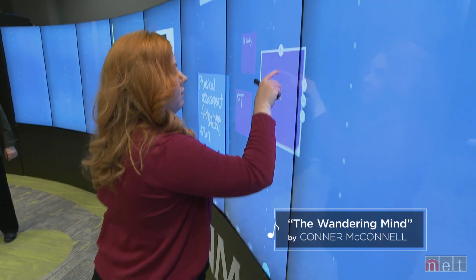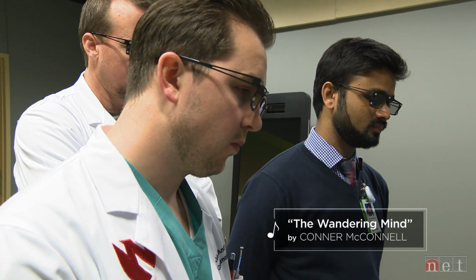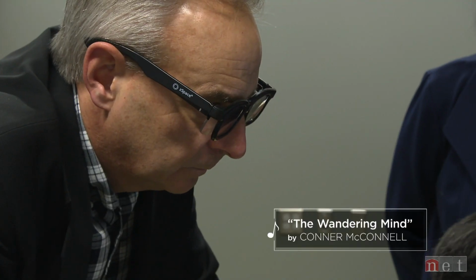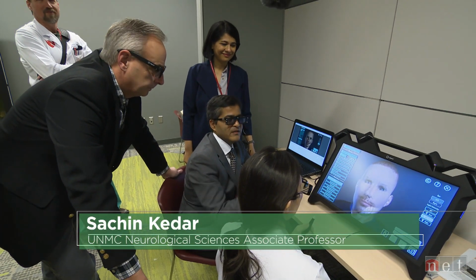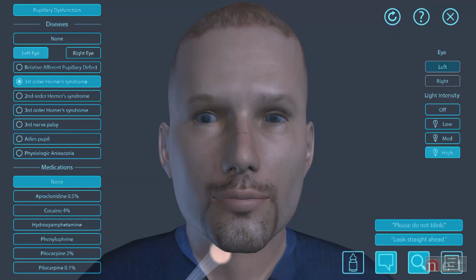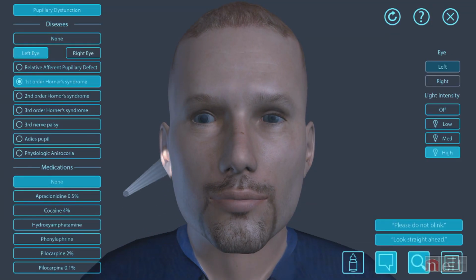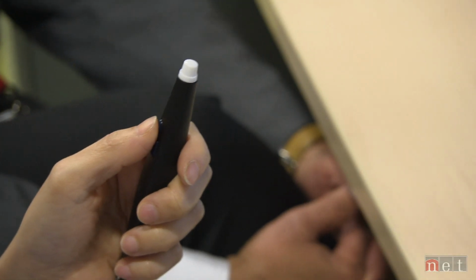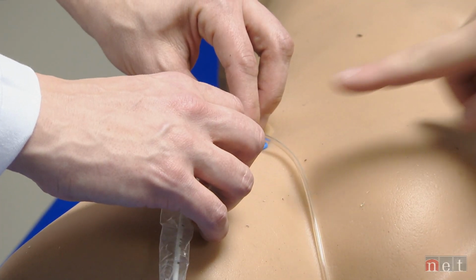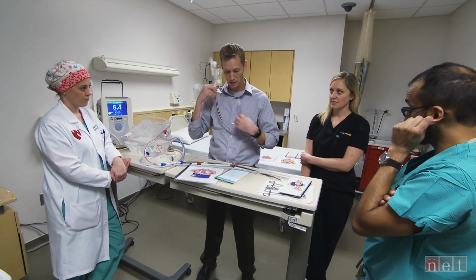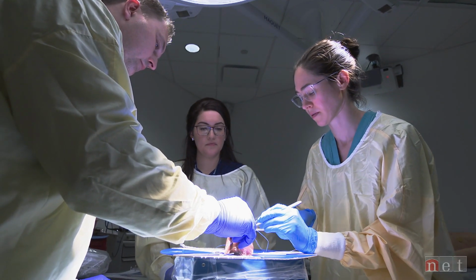So before, all we did was explain the theory behind it to our students, demonstrate a few videos of how it's done, and then throw our trainees into a patient room and say, now let's start doing it. This is better because now they actually get the experience of sitting in front of a patient, a virtual reality patient, and do the same thing that they would have otherwise done in a patient's room. It's better. There's a lot less tension on the learner, so there's really time to focus and dedicate on getting that needle absolutely perfect, on getting that technique absolutely perfect before you go to the operating room, before the time matters and the seconds matter.